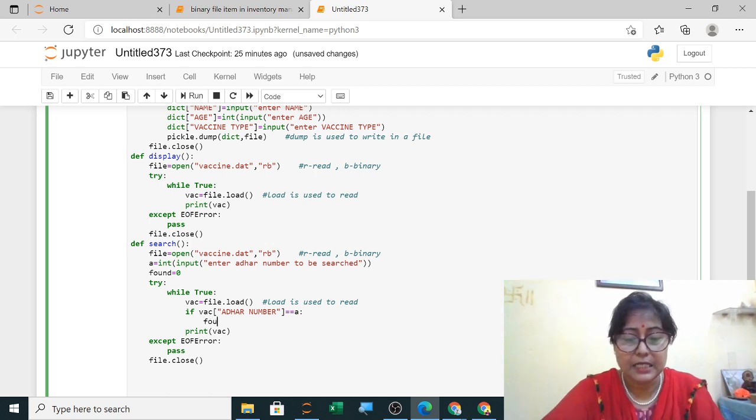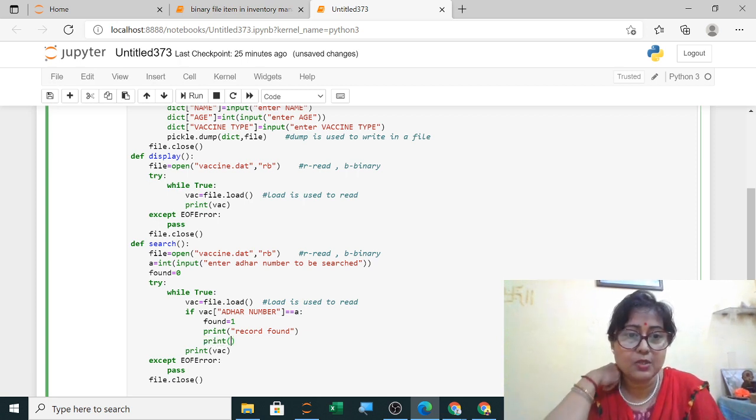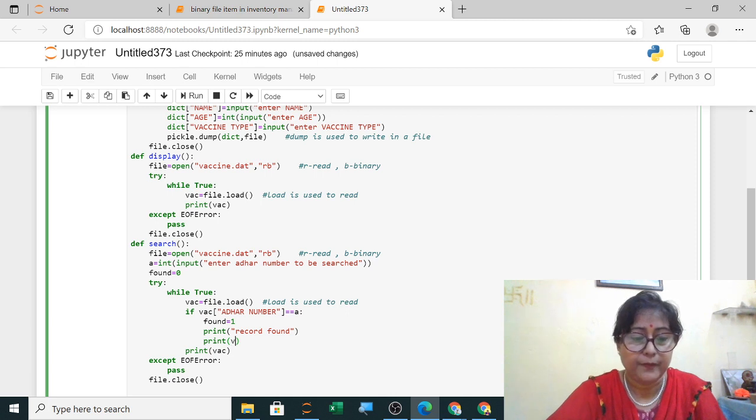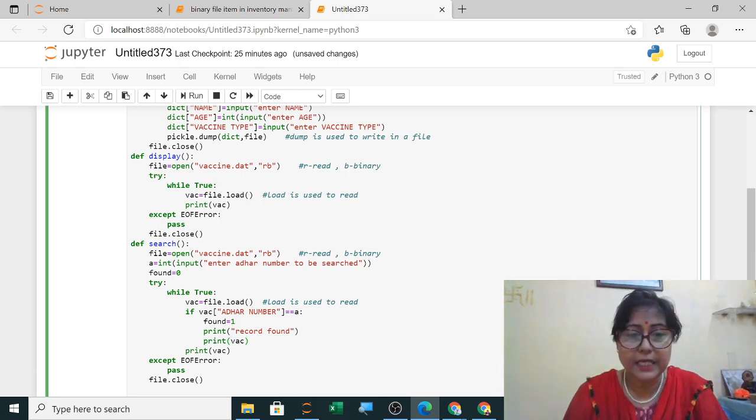So I am writing here found equals to 1, and you are printing that the record is found, and the record also I have to display. So print the record, which is stored in clear, displaying that data.